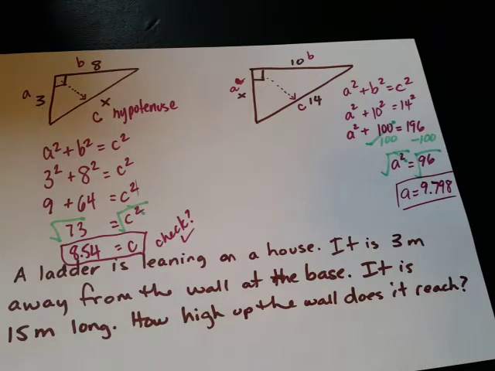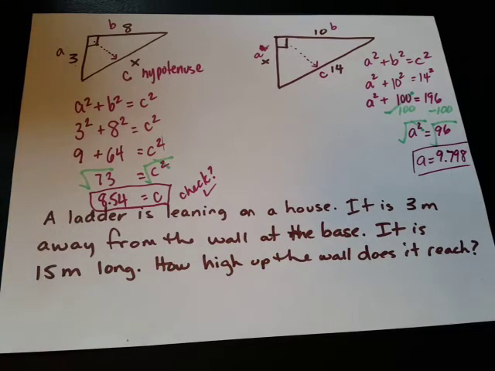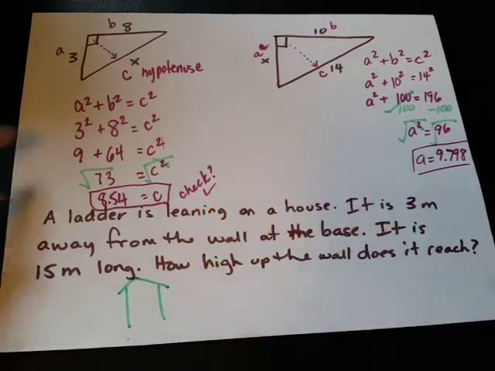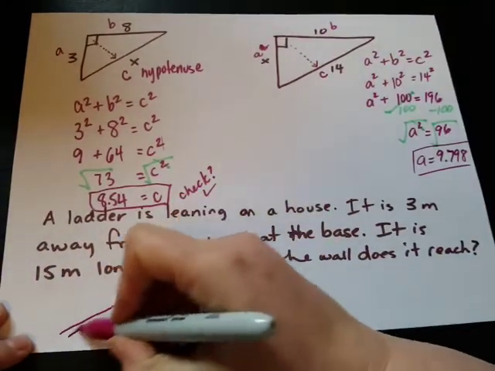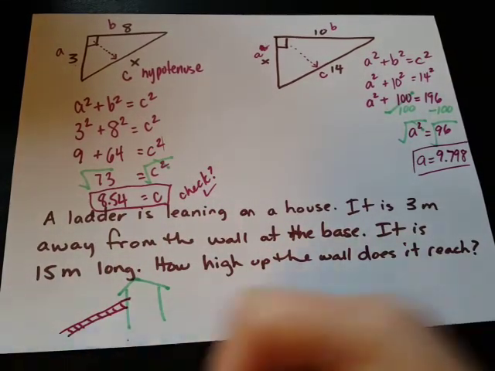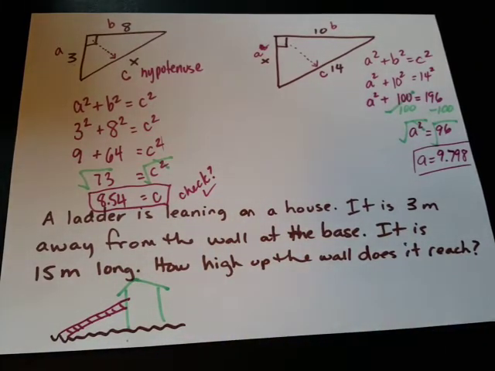So in our bottom example, this is kind of a word question, and nothing in it really tells you that it's Pythagorean theorem until you draw it out. So I really highly recommend that you draw a picture of what they're talking about. They're talking about having a house and that there's a ladder leaning on the house. So let's get that ladder leaning up on that house. So to me, this is what I'm seeing in the question. I've got the ground, I've got a ladder, it's leaning up on the house, and it's telling me that it's 3 meters away